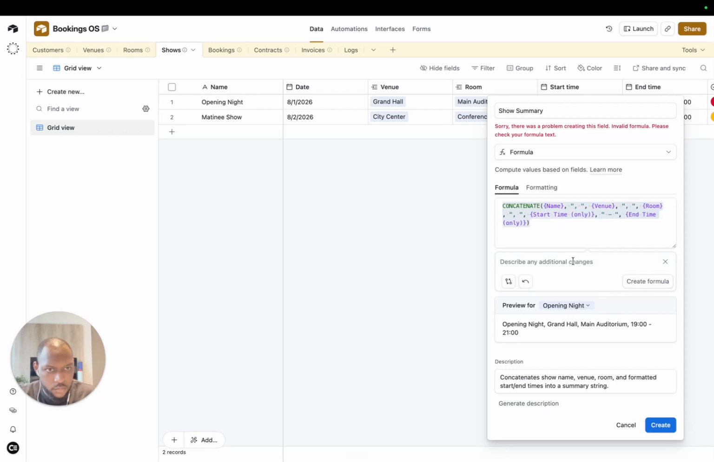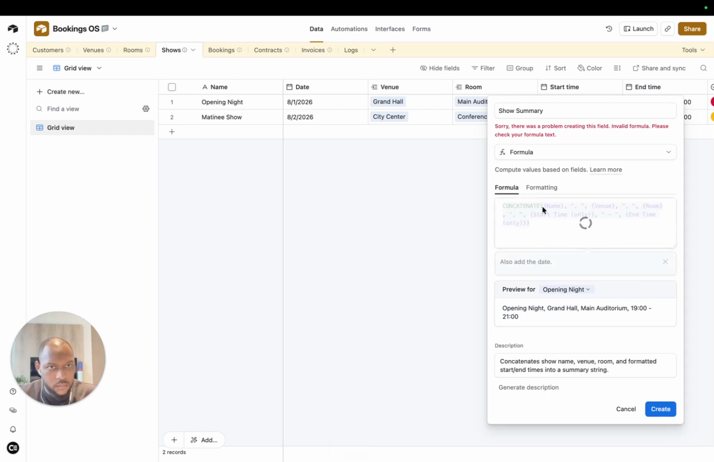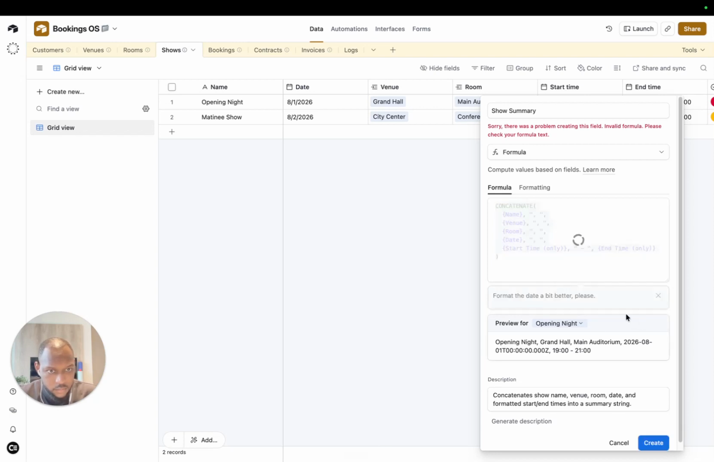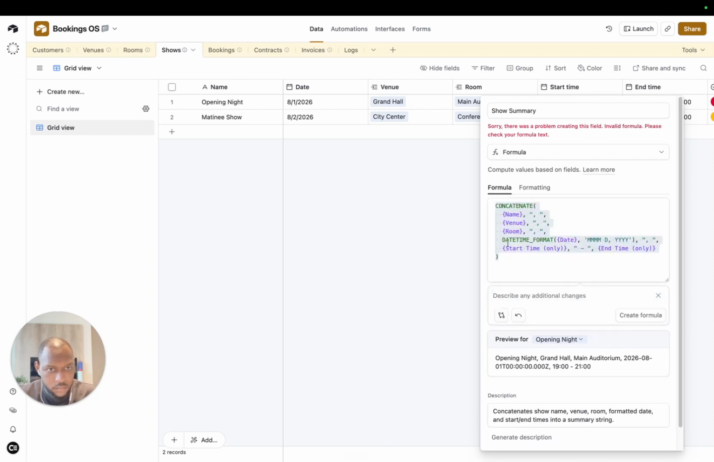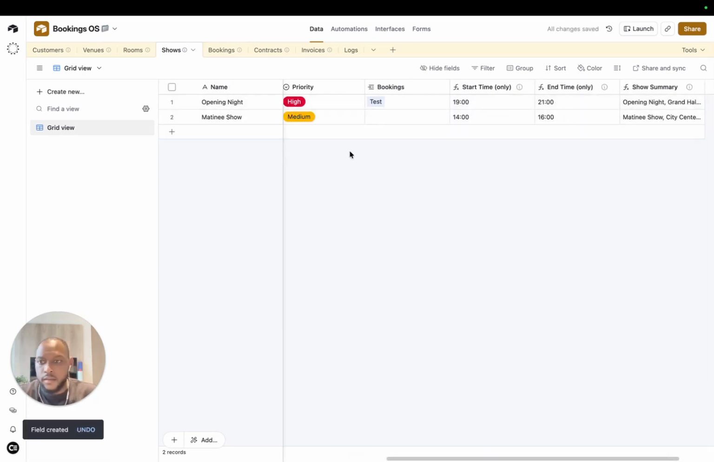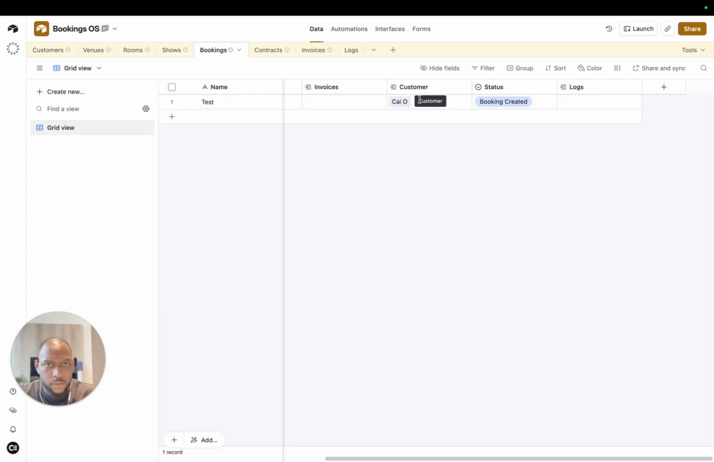Oops. Also add the date. Format the date a bit better, please. Yikes. Oh, cool. That's not too bad. I'll take it. Now my bookings, what I can do is